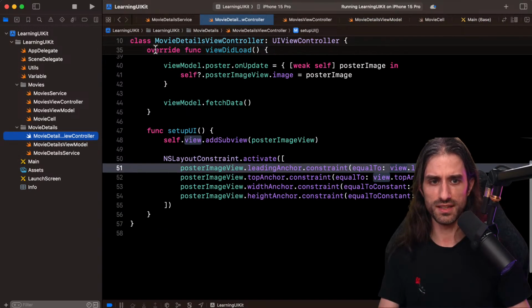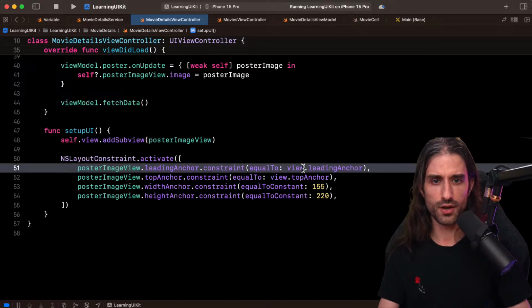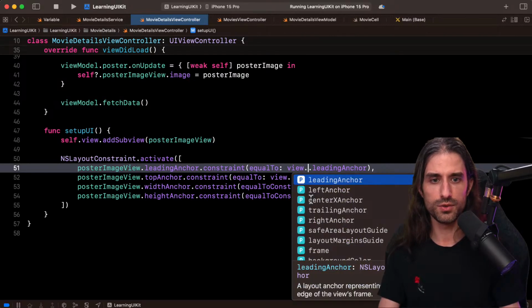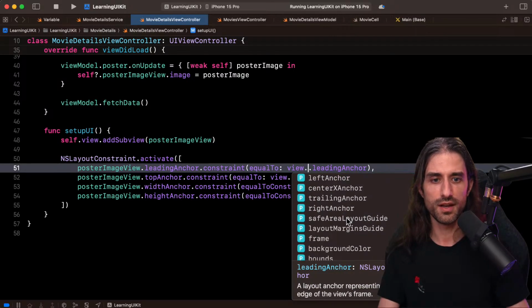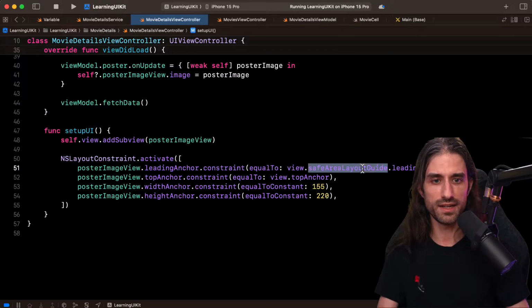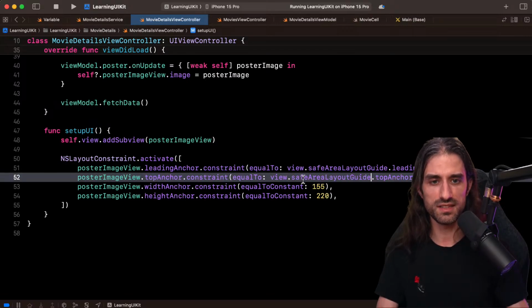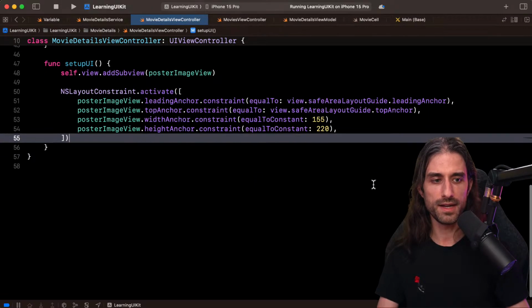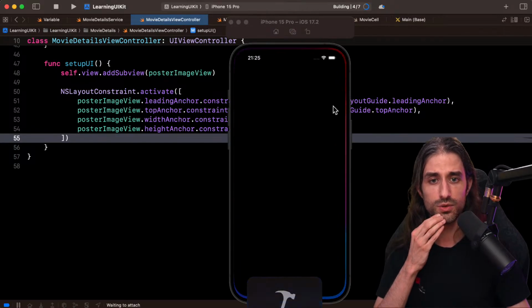And the way that you do it is that you don't use the view directly, but you use the safe area layout guide. So you prefix with this, so view.safeAreaLayoutGuide.topAnchor and leadingAnchor, and normally the issue should be fixed.